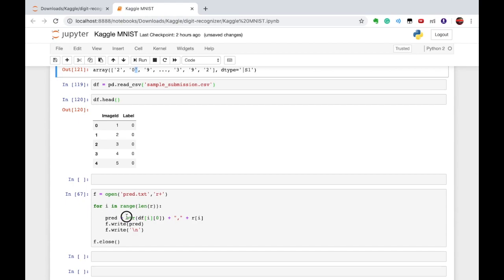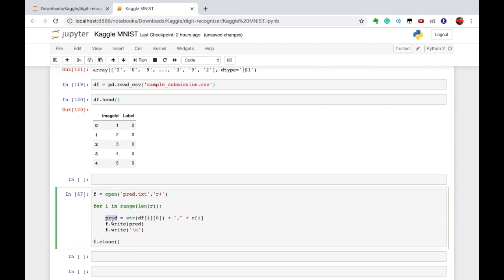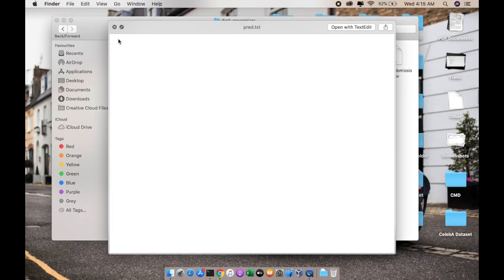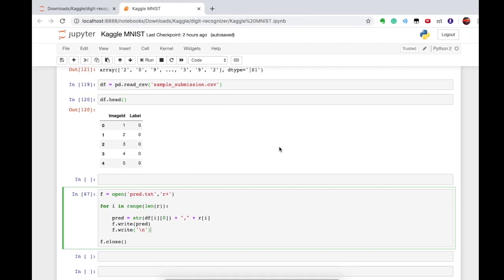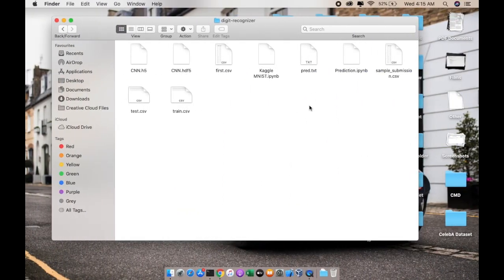After that, I write that string into the file, and I'm also writing \n so that our cursor will redirect to the next line. It will write a string, go to the next line, write again, till the end, 28,000 rows.